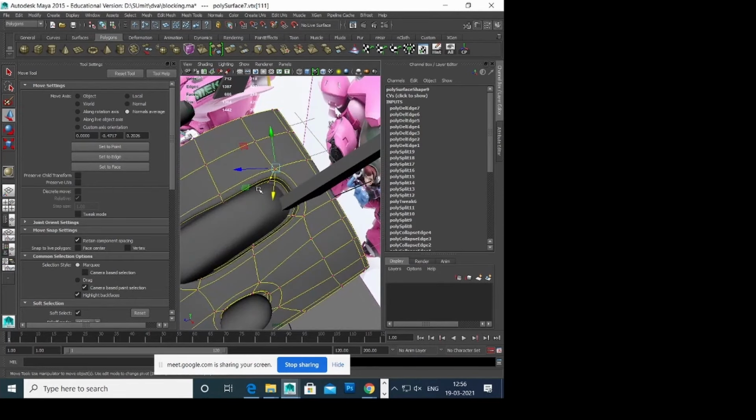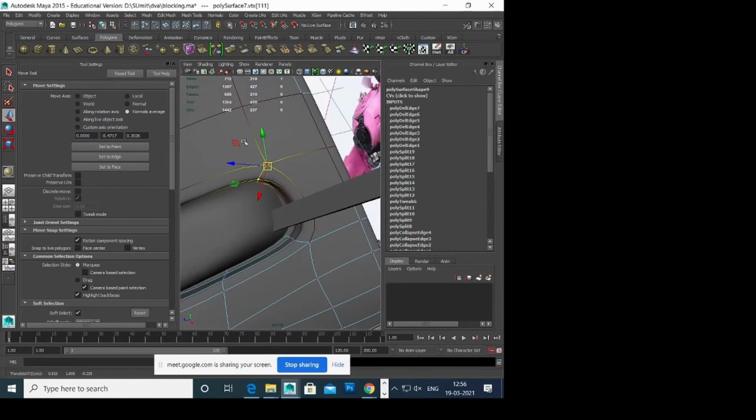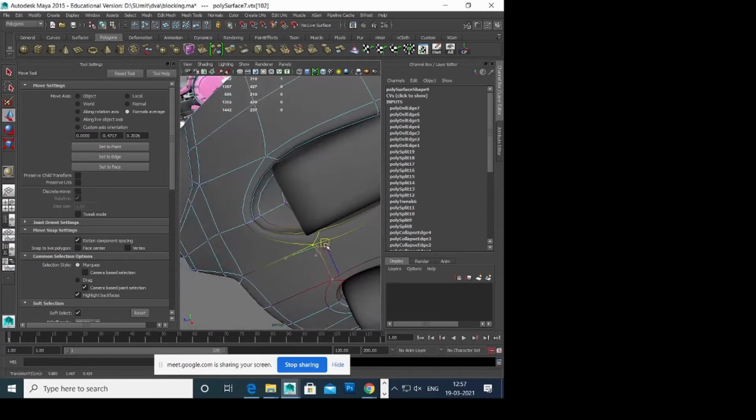Align all the shapes properly, and if there's any gap, fix it. I'm using soft selection.